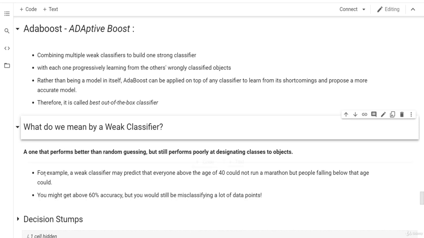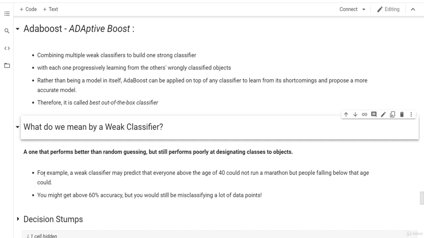Okay, so this is an example here. Let's say that a weak classifier may predict that everyone above the age of 40 couldn't run a marathon, but people below that age could. So basically, the weak classifier will classify anyone above 40 as not able to run a marathon, and anyone below this age can run the marathon, right?